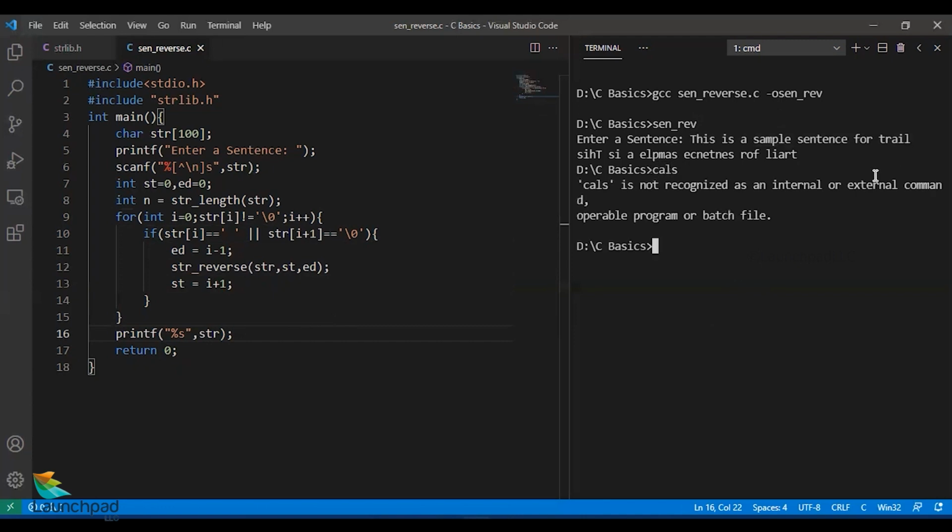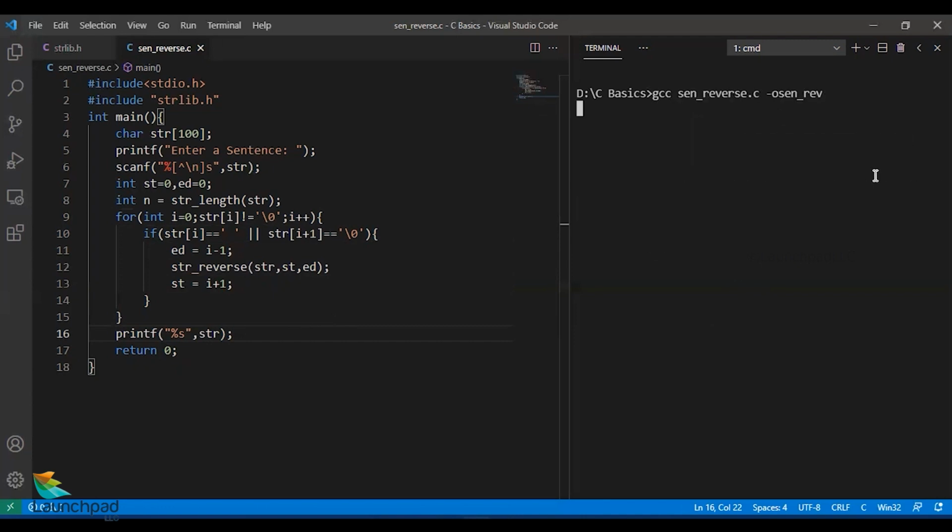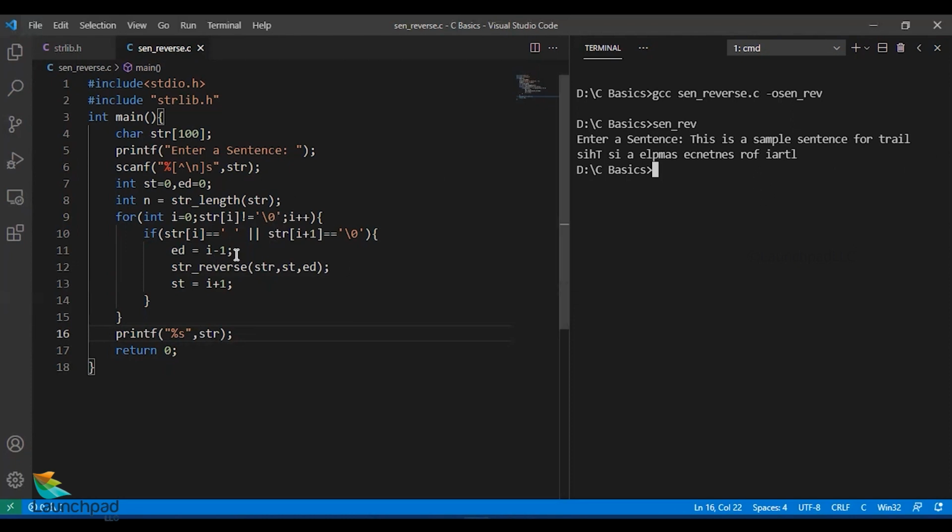I'll copy the sample example, compile it, and run it with this example, and you could see it is leaving out your last character alone. So it says str of i equal to \0.